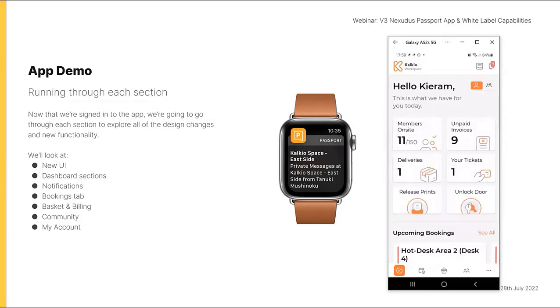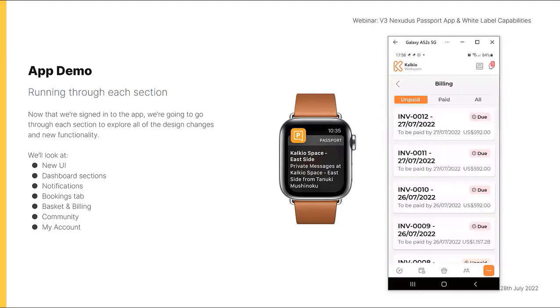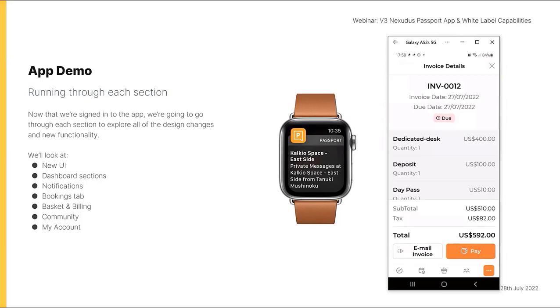The unpaid invoices tile here is going to take them directly to a screen showing all of their currently due invoices and all details for those invoices. If we click into the invoice, we can see the full breakdown of charges. We can send a copy to the email we are signed in with, or we can choose to go ahead